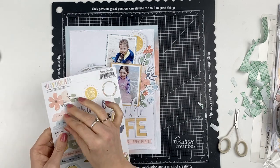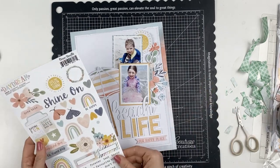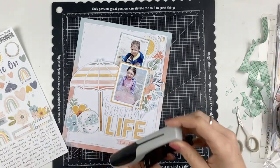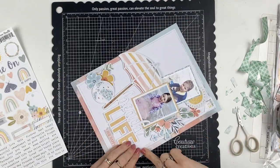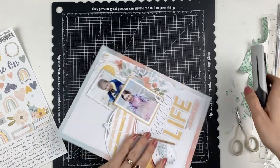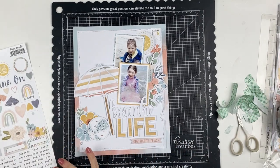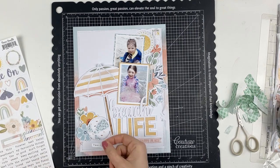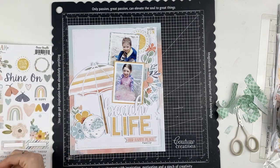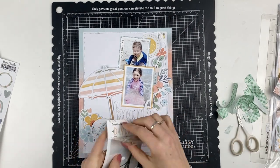That Our Happy Place piece is also from the ephemera pack, and now I'm going into the stickers and just seeing if there was anything I could add. So there was a cute little having fun tab which I grabbed, and I'm just stapling that to the top. And then I decided, because I've got the one staple, I might add some textured little pieces on the side, so I used my tiny attacher to do that and just staple a couple of pieces, which you'll be able to see in the close-up images. With the floral clusters, as I said, I used some foam adhesive, and I use pretty much on this layout just the Bunnings adhesive, as well as my